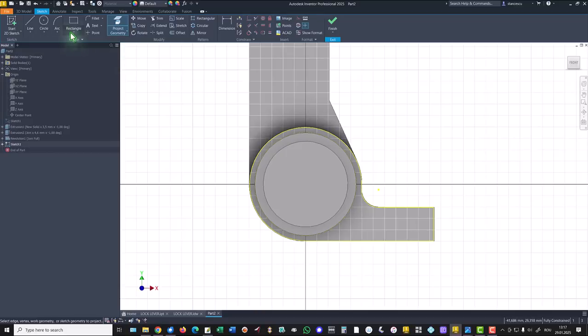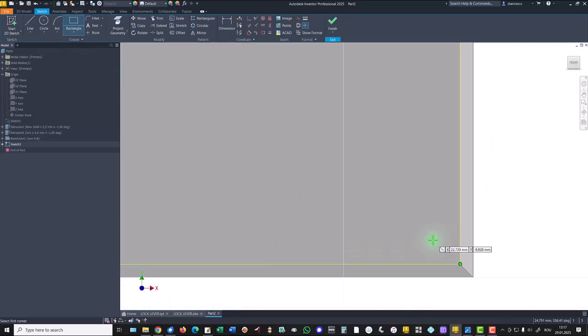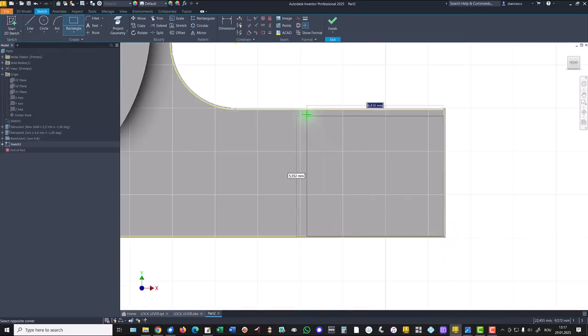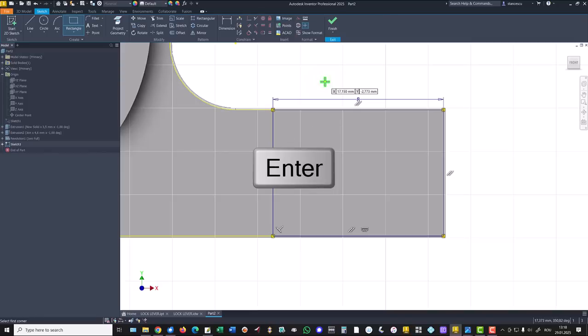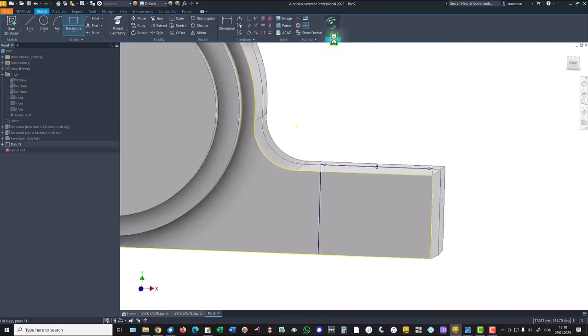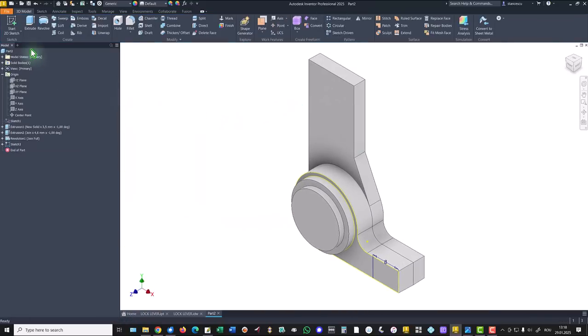Then rectangle, starting from this corner to the other edge, and with a dimension of 8. We ignore this dimension because it is a result. Finish sketch, extrude